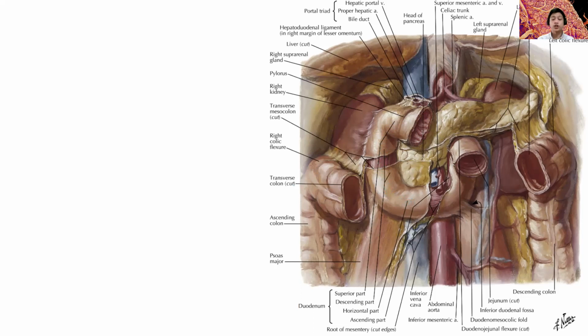It's called the duodenum because it refers to 12. Your duodenum is 12 inches long. Okay, so from here, you have here the pylorus again, which is the thickening of the inner circular muscle of the stomach. This is the duodenum. You have here this superior portion. You have here